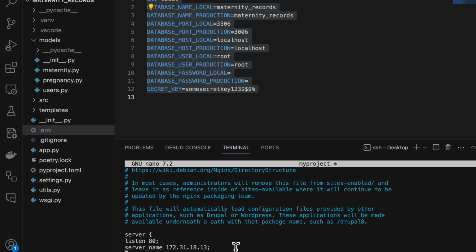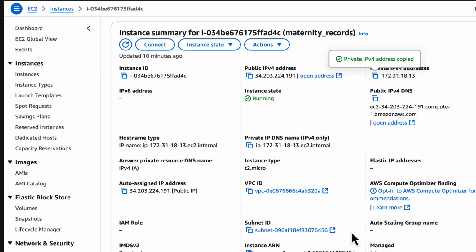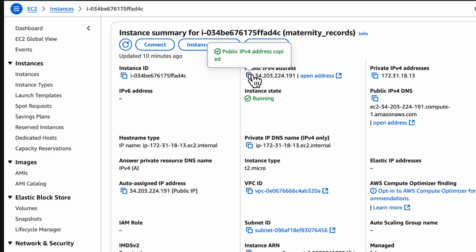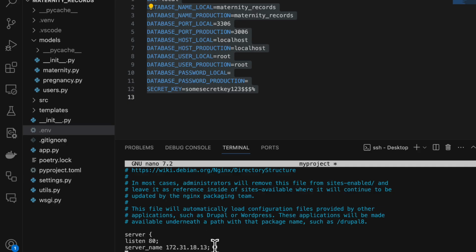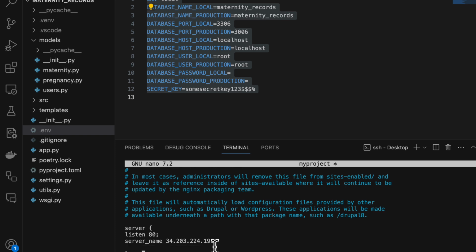Let's put a semicolon. So the address we want is the public, not the private. So we did the private here, so we have to copy the public. So it is the other one, because I'm guessing I made the same mistake there. And now we have location,